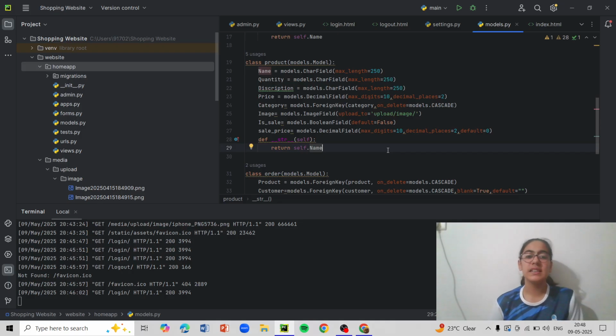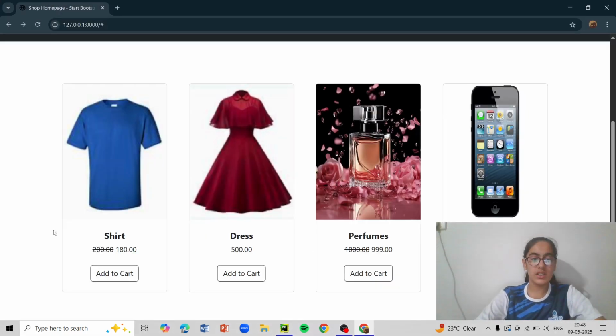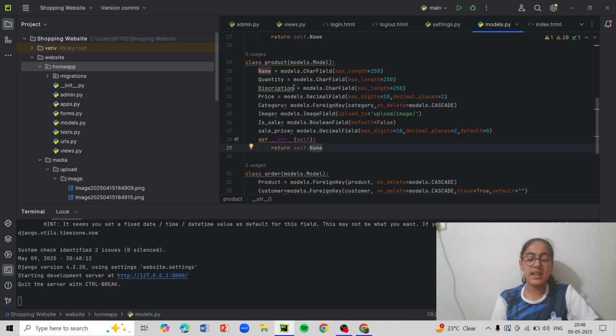Now this is sale, and sale price is something I need to show you. It is very interesting. So firstly you'll see in short there's a 200 cut and then 180. Now this phone and these perfumes are not a reasonable discount, I understand. I just typed in some numbers. So this 200 and 180, as you see, will basically create a sense that what you are selling is cheaper than what you usually sell it for. So I, as a user, will get 20 rupees discount when I buy this blue shirt. So that is what I need to see over here. So that is sale.